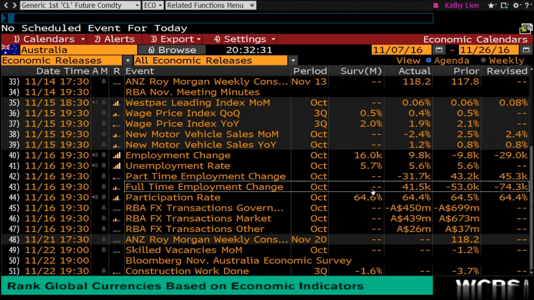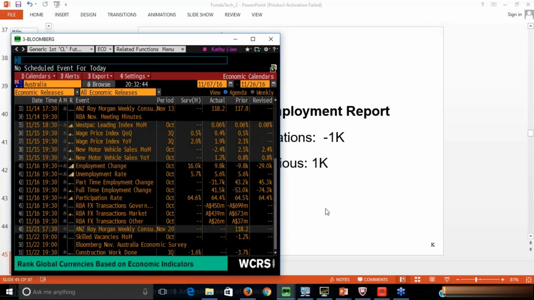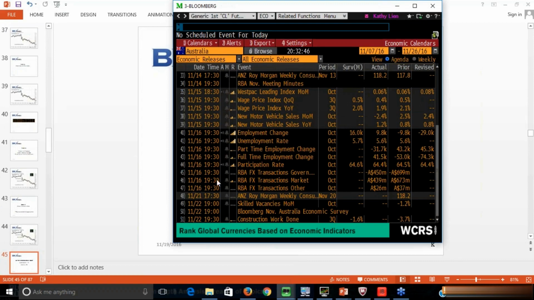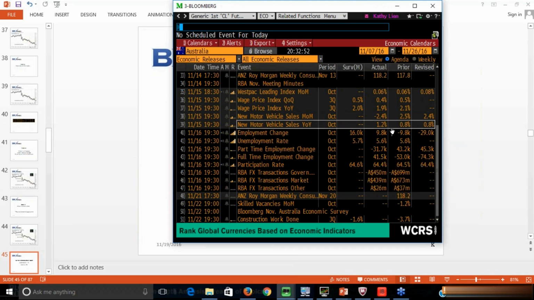So you can see the market was looking for an improvement. There was an improvement, but it wasn't quite good enough, as indicated by the construction PMI report, and let's see how the trade would have worked out. So it says that it was 11:16. The number itself was kind of mixed in the sense that full-time employment was good, the headline wasn't good enough, and the unemployment rate did improve.